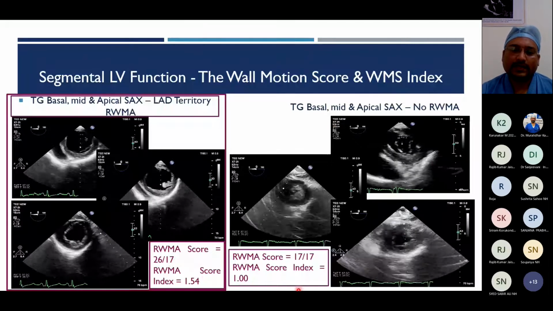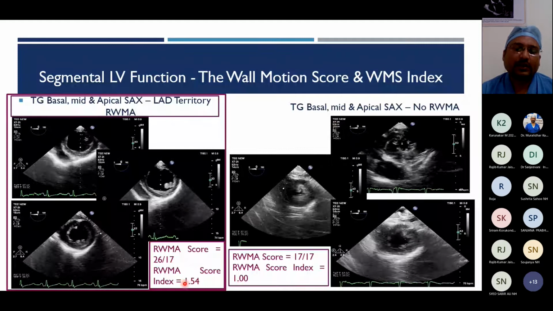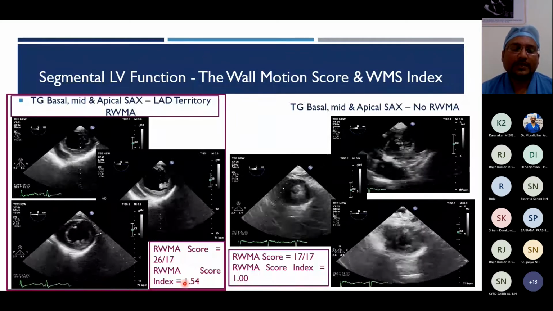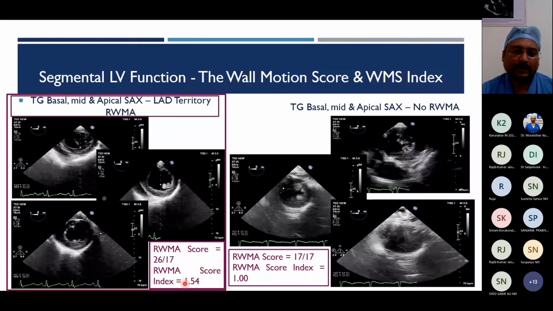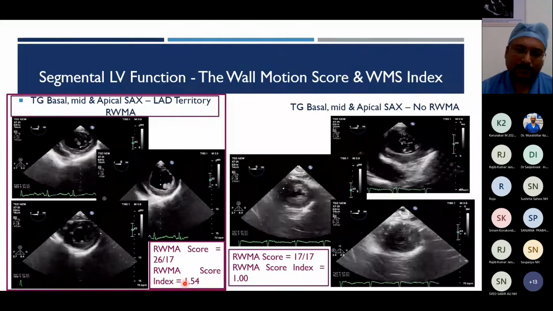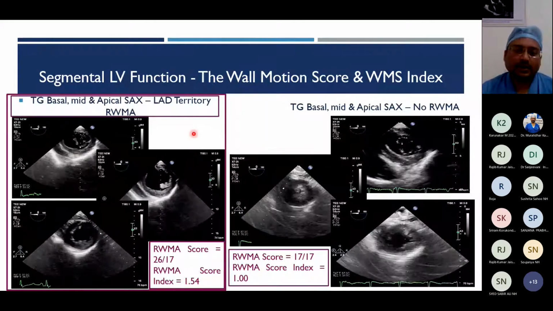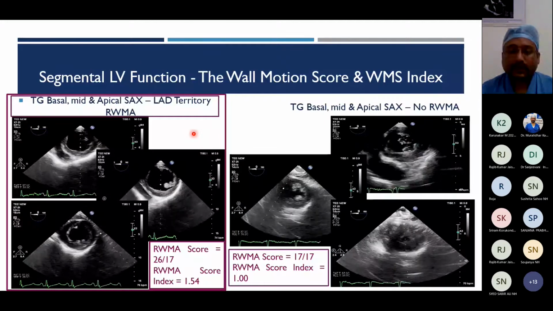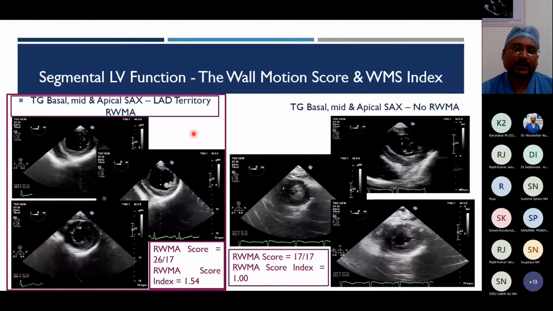And for this normal patient, the regional wall motion score is 1. So this regional wall motion score index helps you see by how much percent or how much improvement of the segment or the area of interest there is after post grafting. That means post CABG, the regional wall motion score index should reduce by almost 1 to say that there is an improved LV function after the grafting.